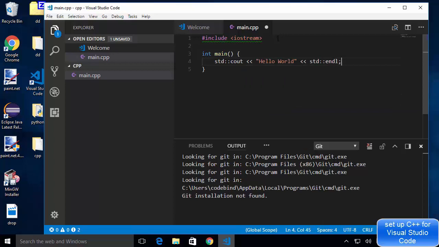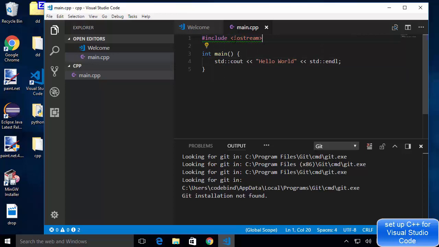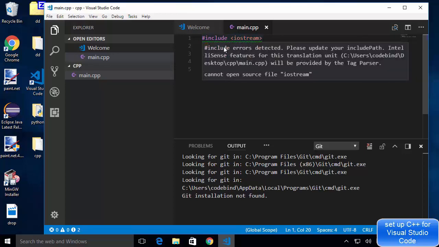Okay, and I'm going to save this file, and you can see on this include iostream, I see a green squiggly line. When I hover over this green squiggly line, it says include error detected, please update your include path.